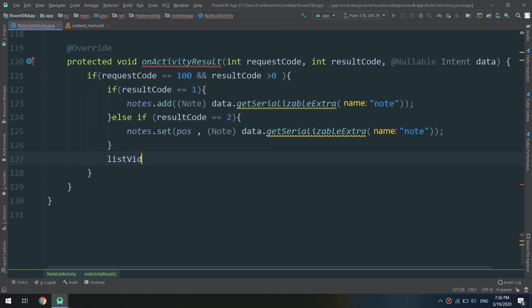List visibility method. Okay, we are going to create it, and this method we will create it now. Okay, so